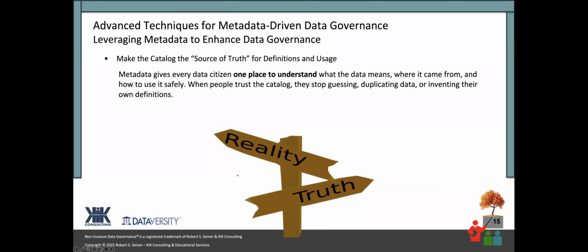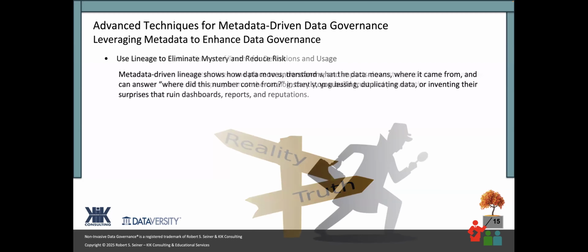Everybody talks about the single point of truth, the master data. Make your data catalog or your metadata repository tool that source of truth for not just definitions and not just lineage, but give people a place to go to understand what data they're using and how they're using it. Give them an opportunity to provide additional information back to your repository to let people know what value they're getting from the metadata. Again, make the catalog or your metadata repository that single source of truth for all of the metadata within your organization.